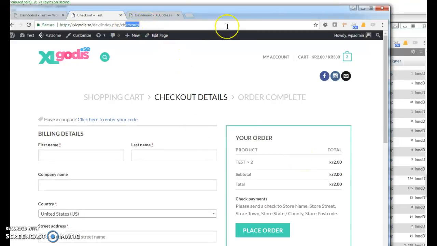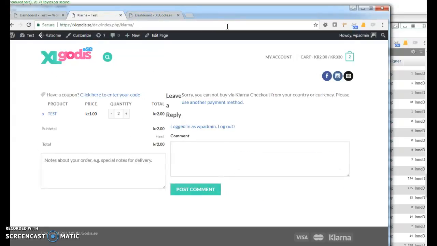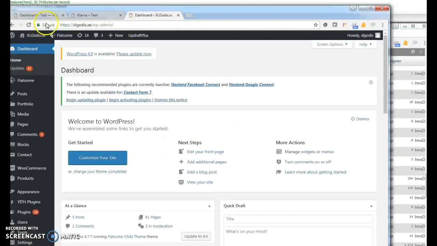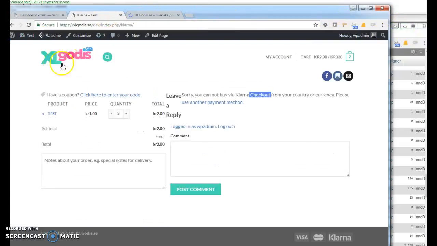So once I could verify that we had a working checkout, and this one on this page forwards to this checkout over here, I was able to verify that, hey, it does work. Now I am in the US. And let's see, this is your main one, so once we verified that,